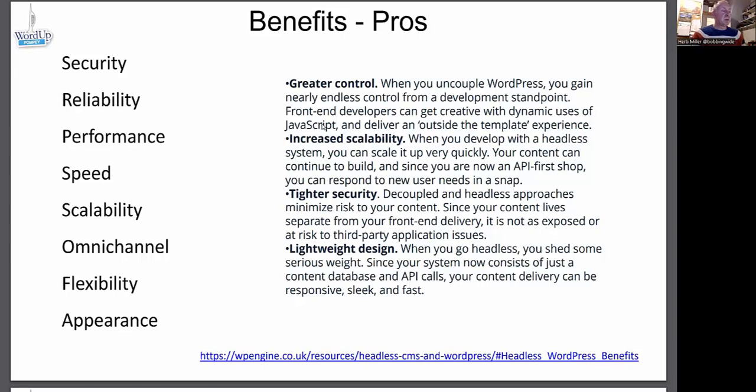Because you're not talking to the WordPress database very much, the system can scale up, so you can handle more requests, and you can scale it by having multiple instances of this node.js server delivering responses